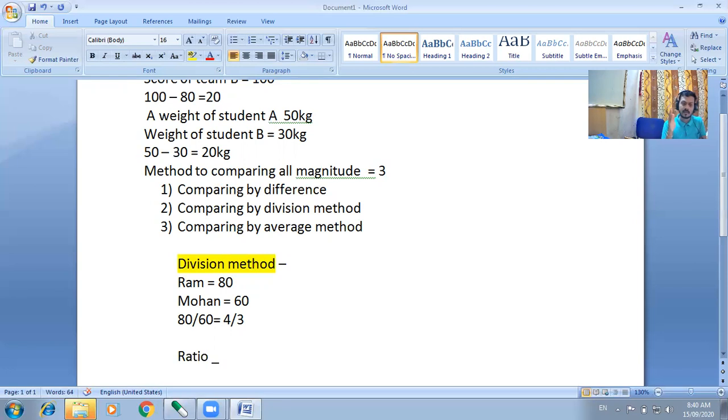Remember, in a ratio, we can compare only the same things, meaning the same magnitude. We can't compare kg and liter because their units are different. So we can compare only objects that have the same magnitude. It may be liter and liter, weight and weight, percentage and percentage, marks, score and score. So firstly understand whether their units are the same or not.